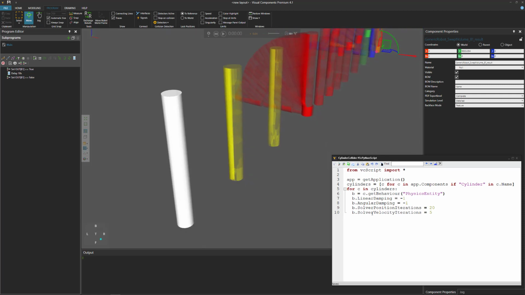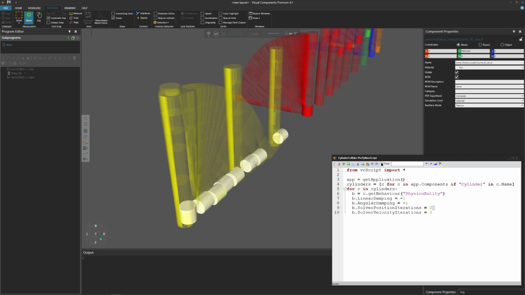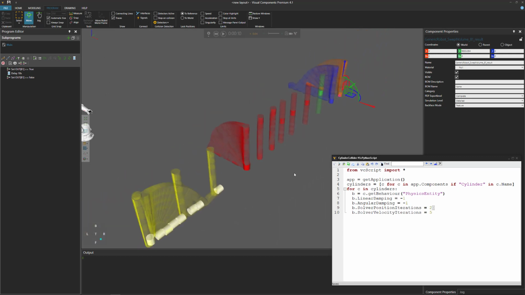One thing to notice when using these solvers is that if you move the parts at all, like an external force, then of course it would help to have damping to slow down the objects or resist that movement, because the solvers will just solve a position, not necessarily be a restriction or a force against the movement. So if we set now 20 and 5, run the simulation again, and I push the parts a bit, you can see that they don't really have enough damping or friction to stop them from moving. But now let's try that again with some damping value.